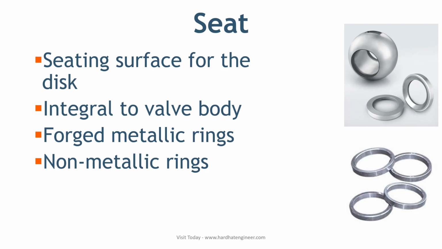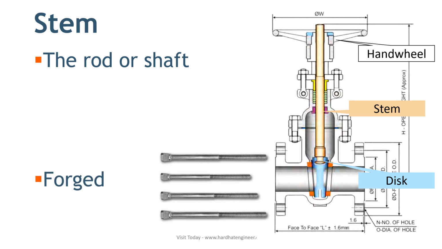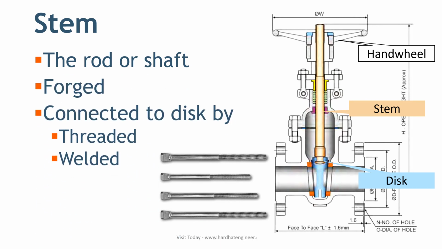Stem. Stem is a forged solid rod or shaft. The valve stem transfers the required motion to the disc, plug or ball for opening or closing the valve. It is connected to the valve handle, actuator or lever at one end and the valve disc on the other. In gate or globe valves, linear motion of the disc opens or closes the valve, while in plug, ball and butterfly valves, the disc is rotated to open or close the valve. Note that stop check valves do not have a stem.